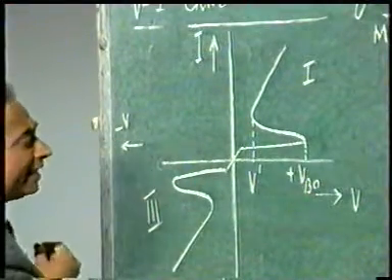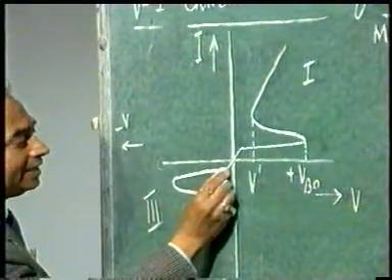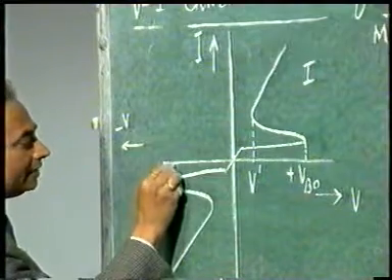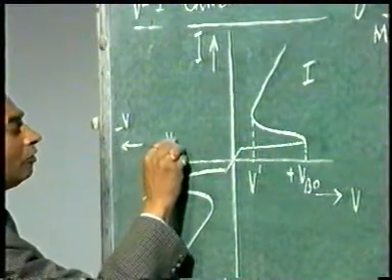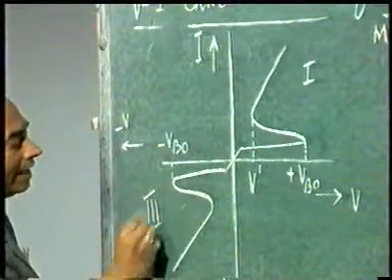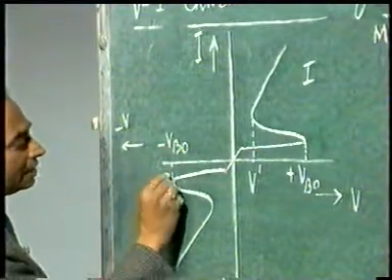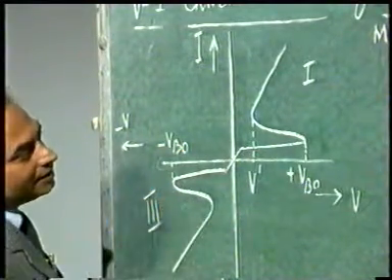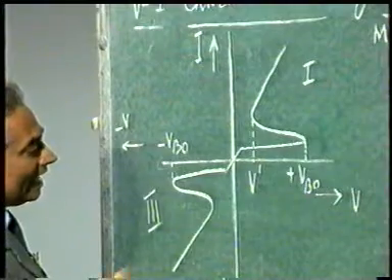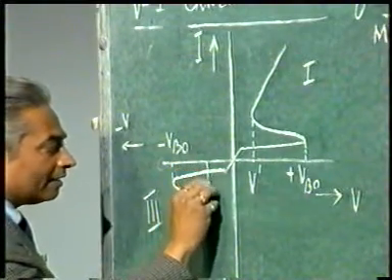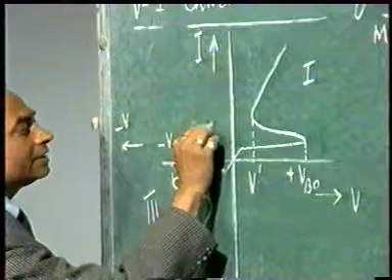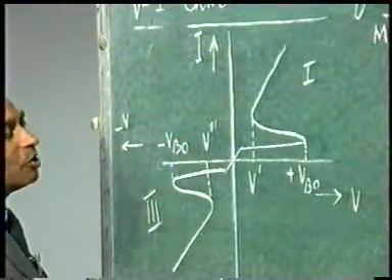In the third quadrant characteristic also, in the beginning there is very small amount of current till this point, which is say minus VBO, and here at minus VBO suddenly the device triggers, starts conducting and there is a heavy inrush of current, but correspondingly again the voltage, which is say V double dash, goes very, very small.